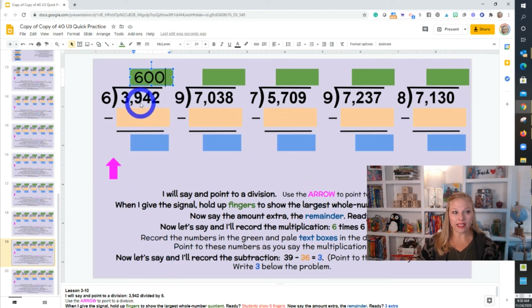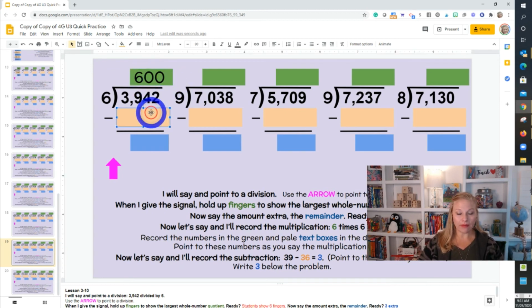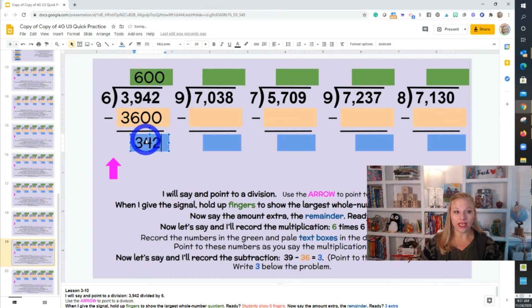So we know that it has to be in the hundreds spot, that this is not a 39, this is 3,900. How many hundreds could I take out? If I take out 600, I'm going to end up with 3,600. How many is going to be left over, everyone? 342. Boys and girls, could we do another step? Yes. So now we know